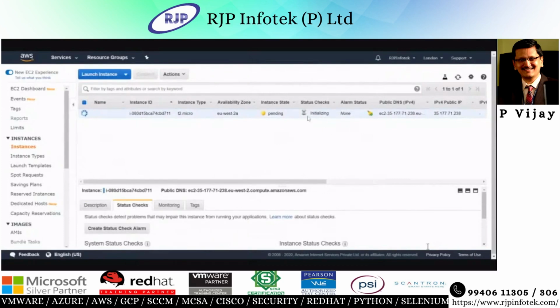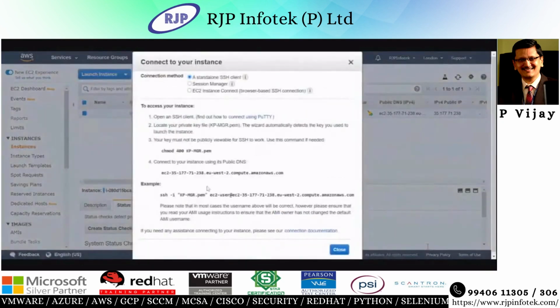It'll say it's provisioned. Then all I need to do is find out how to connect to that Linux machine. It is done via SSH, secure shell. When I use a secure shell, I will have to use this key that I downloaded. You click on connect, it will show you how that is done. So I'll borrow this.